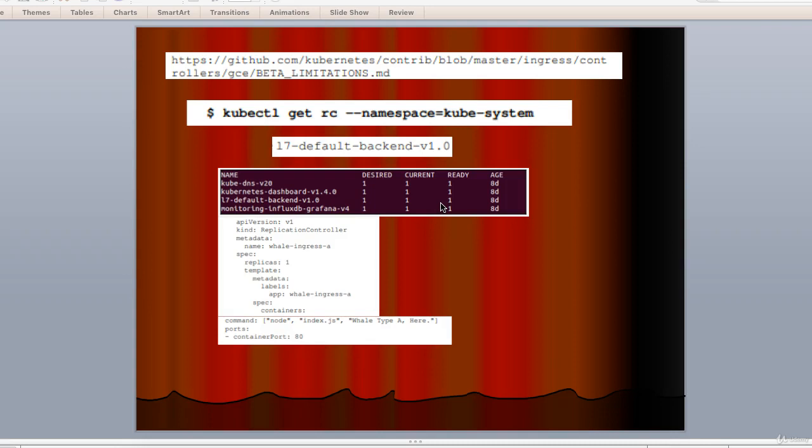Let's create some resources for an ingress. First we will create a few new replication controllers with our image. This is a remix of the original we displayed in a browser.